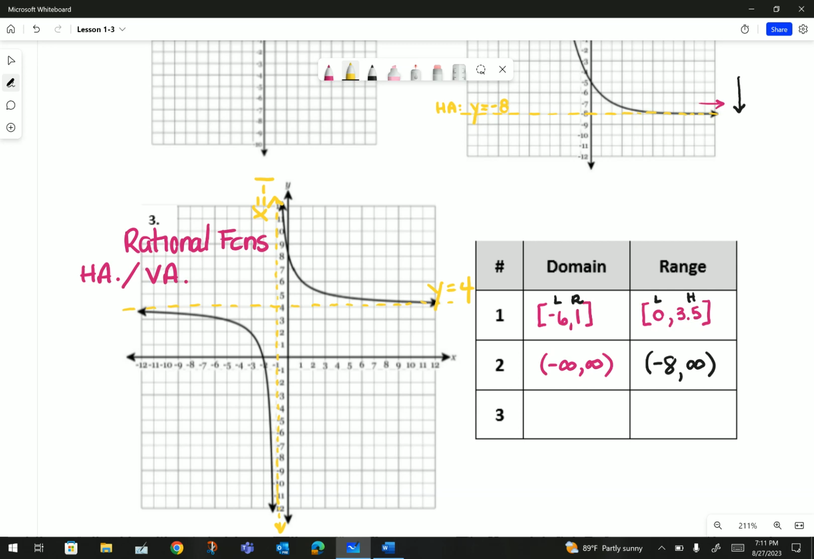So how do we write this out? Well, domain says the graph goes from the far left,